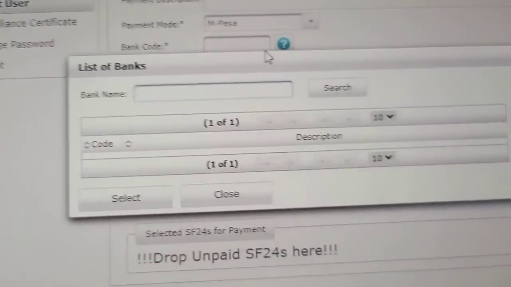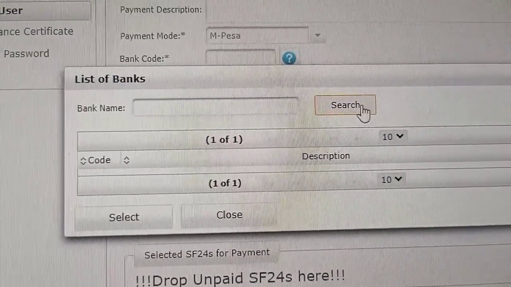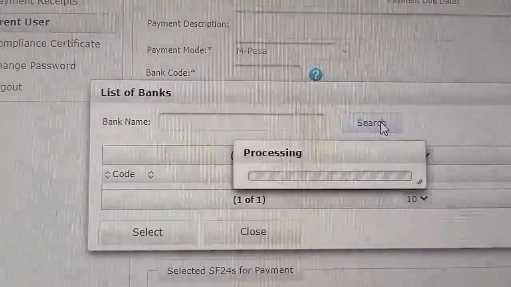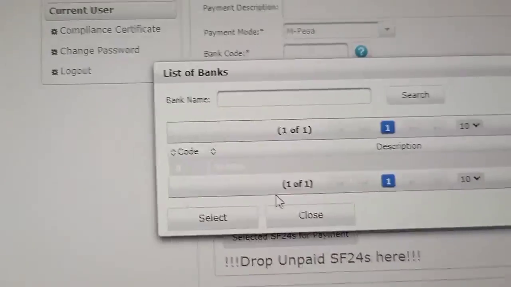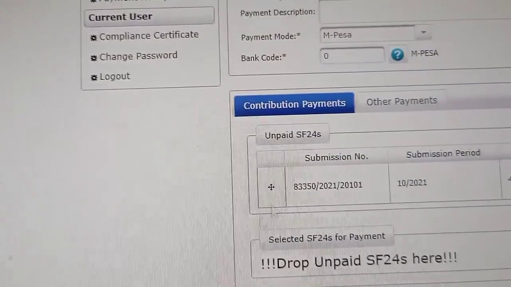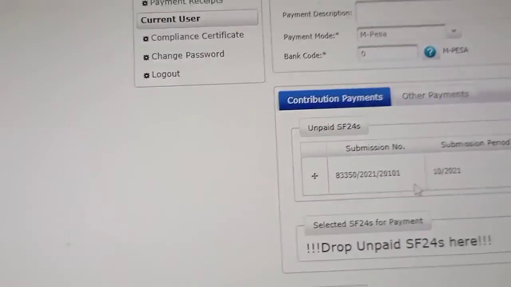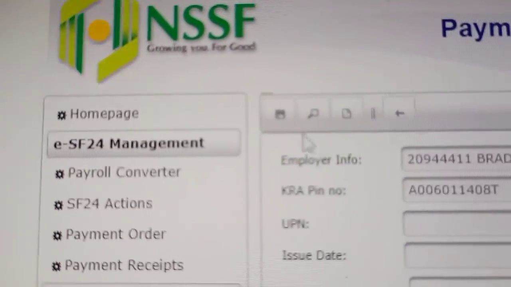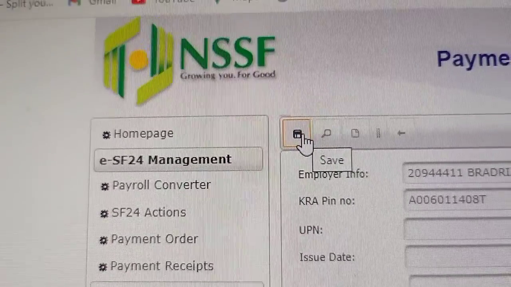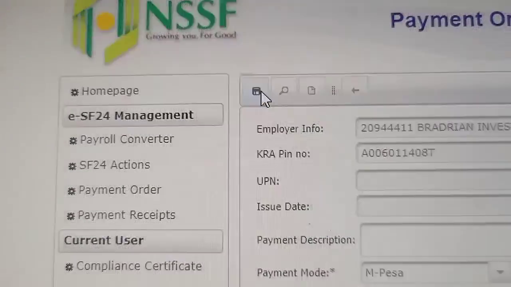You normally get this list of banks, but for your case, because you're paying via M-Pesa, just click on search and it will give you the only option that you have. You click on M-Pesa and then you say select. Once you've done that, now this document is like done. So you're supposed to come here. This is the symbol for saving. So you save. Once you've clicked on save,